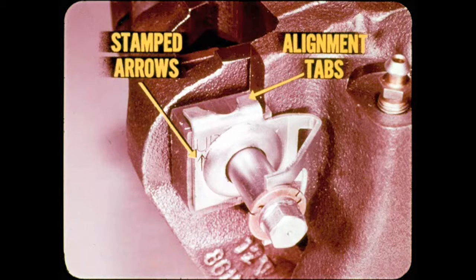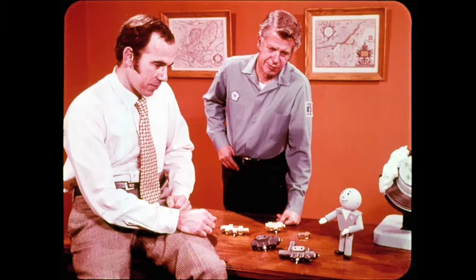Do we have time for something on system control valves, Tech? Yep, and I'm glad you asked, because we should talk about the new one-piece control valve that replaces the separate proportioning and metering valves used on some 71 cars. In fact, it won't hurt a bit to review the complete control valve lineup on our current model cars and